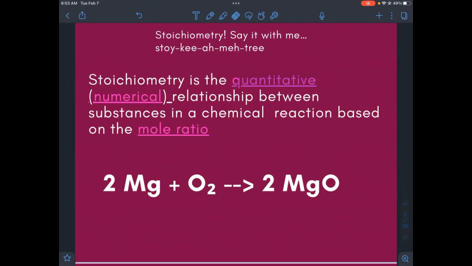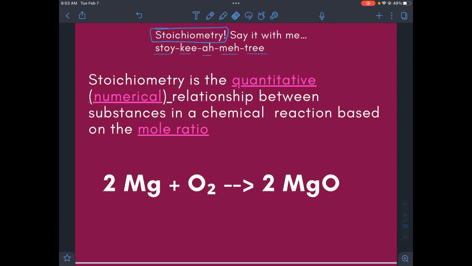All right, so this relationship between different chemicals in a chemical reaction and the numerical quantities is called stoichiometry. Now, that word sounds a little crazy, so follow along with the pronunciation with me. Say it out loud wherever you are. Stoichiometry. Stoichiometry. So what it is, like it says here, it is the quantitative, that means numerical, relationship between substances in